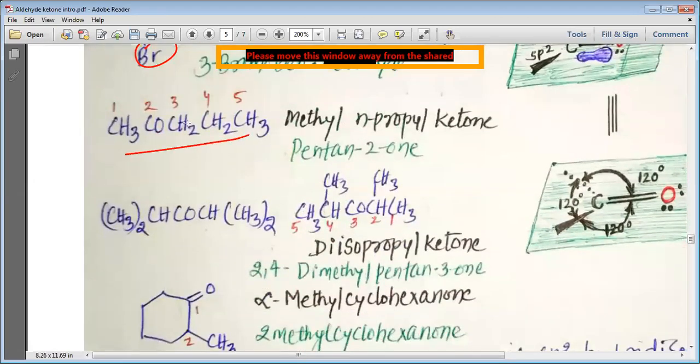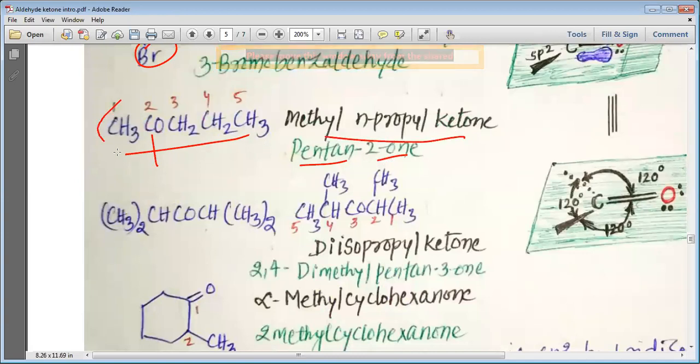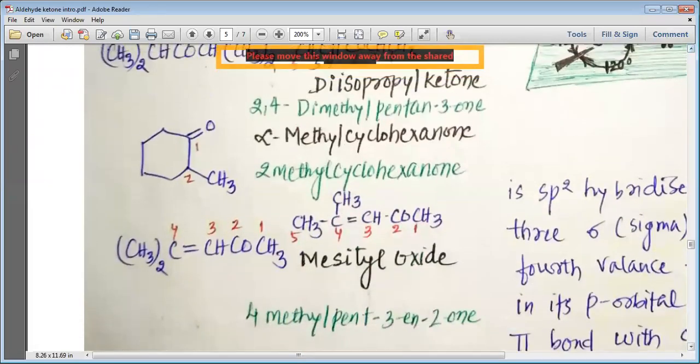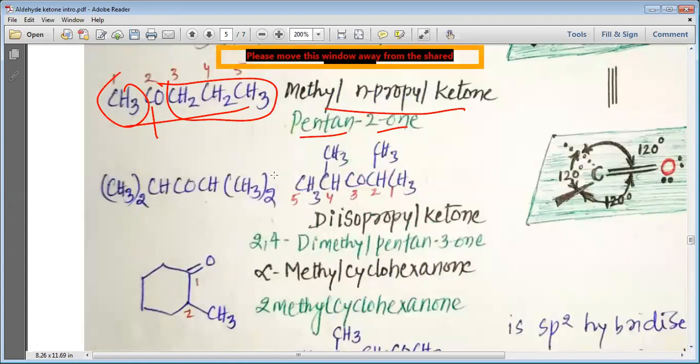In this simple ketone, there are 5 carbons, so it is pentane. On second carbon, we have ketone group, so it's pentane 2-on or methyl, one side methyl, another side normal propyl, so it's methyl normal propyl ketone. You can look into this structure, that this structure can be easily explained or named by giving numbering. We have 1, 2, 3, 4, 5 carbon. On third carbon we have ketone. On second and fourth carbon we have methyl group, so it is 2,4 dimethyl